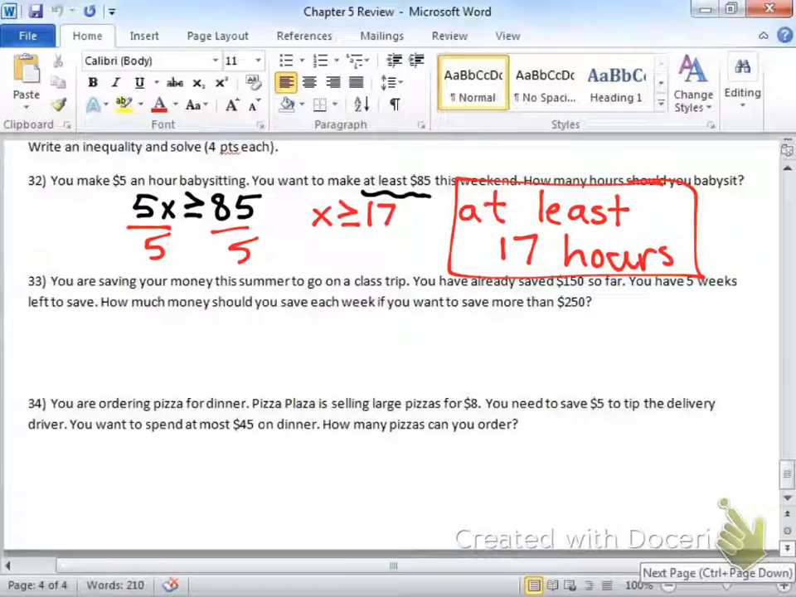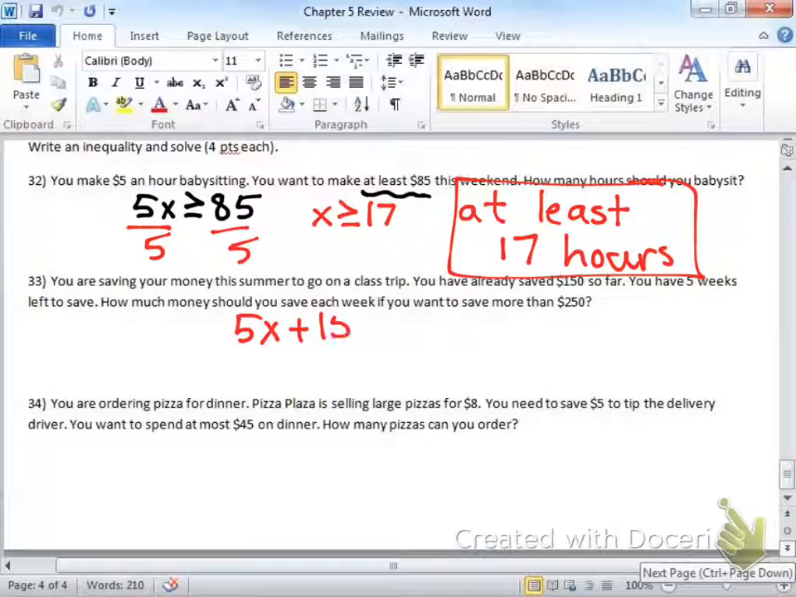You are saving money this summer to go on a class trip. You have already saved $150 so far. You have 5 weeks left to save. How much money should you save each week if you want to save more than $250? 5x